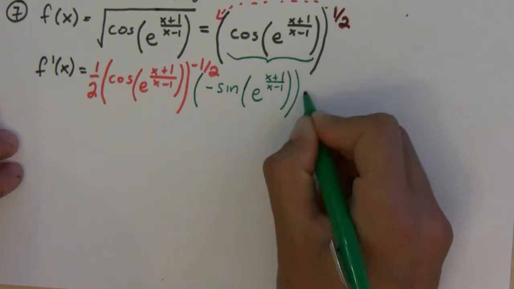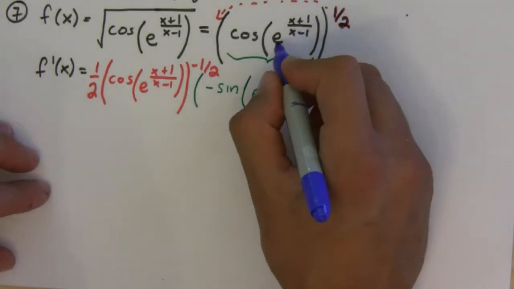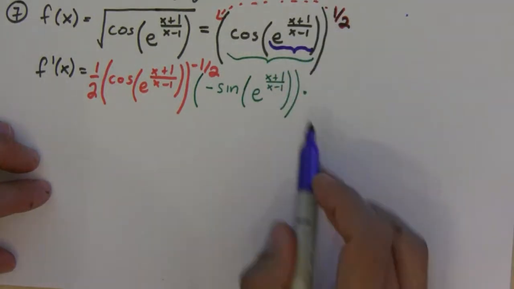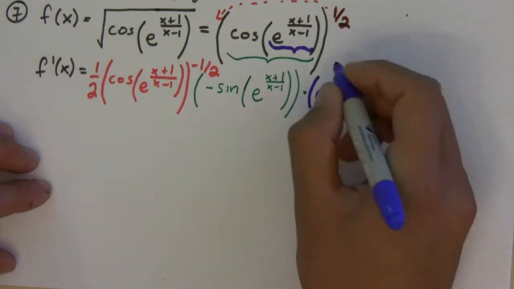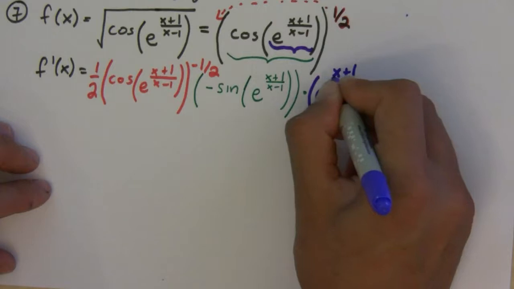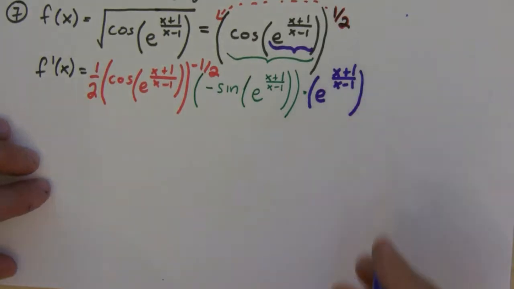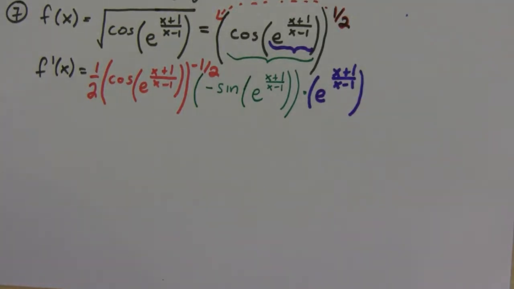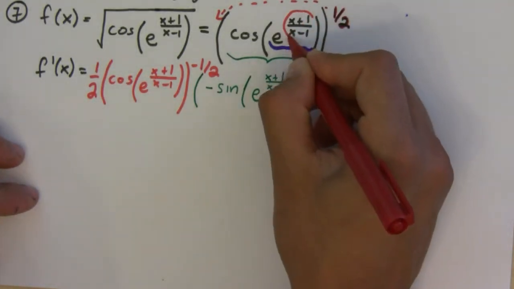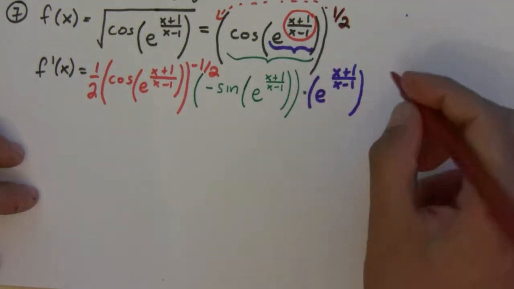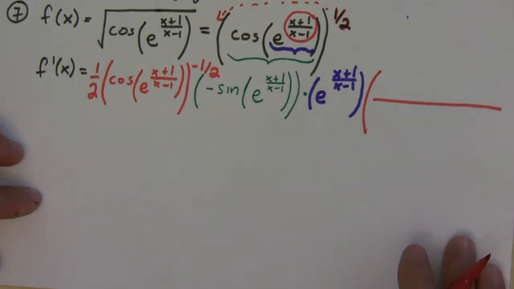times, now we move in one level in, so times the derivative of the inside. Well, the derivative of the exponential is just itself, times the derivative of its inside, which is this quotient, which means that we're now going to have to multiply by and use the quotient rule